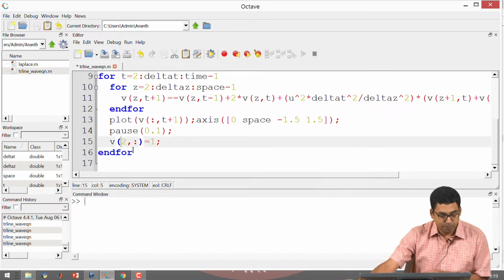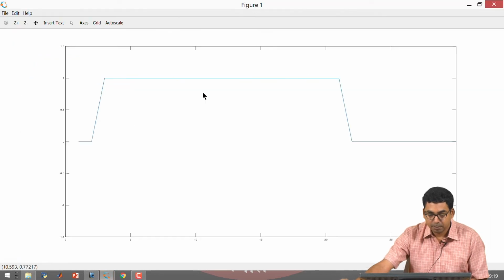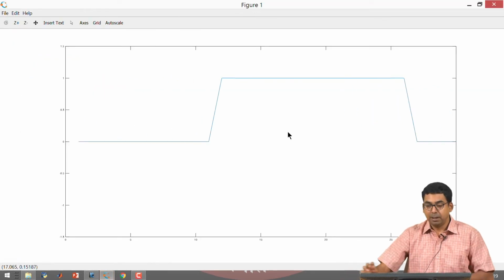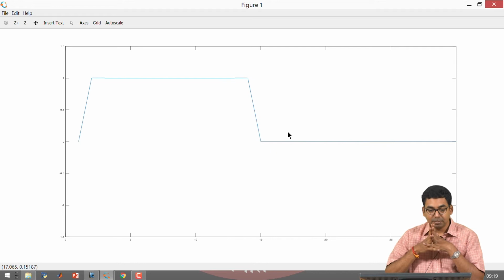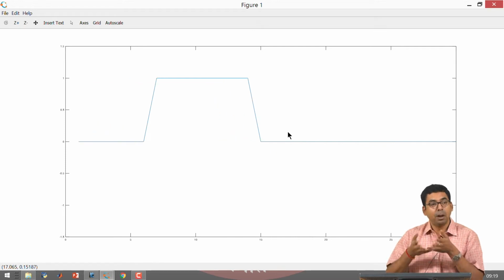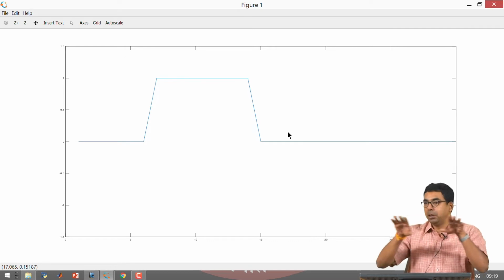So, I would like to do this first, right. So, I noticed something, right. This is the way the voltage is going to be inside of the transmission line. It is not what one would expect normally. It is not just that you would send 1 volt and you will have 1 volt everywhere.